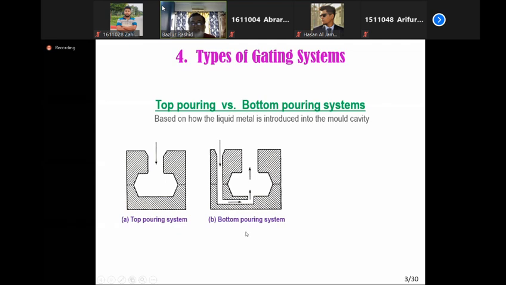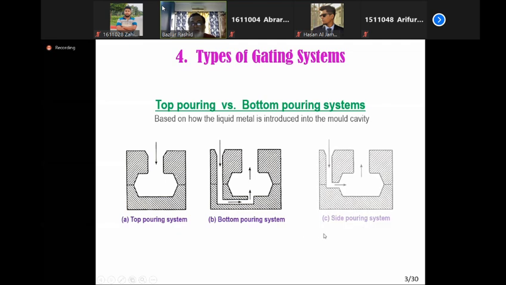And between these two systems, there is another one which is called side pouring system. That means liquid metal enters the mold cavity through the partition between the cope and drag. So there is also